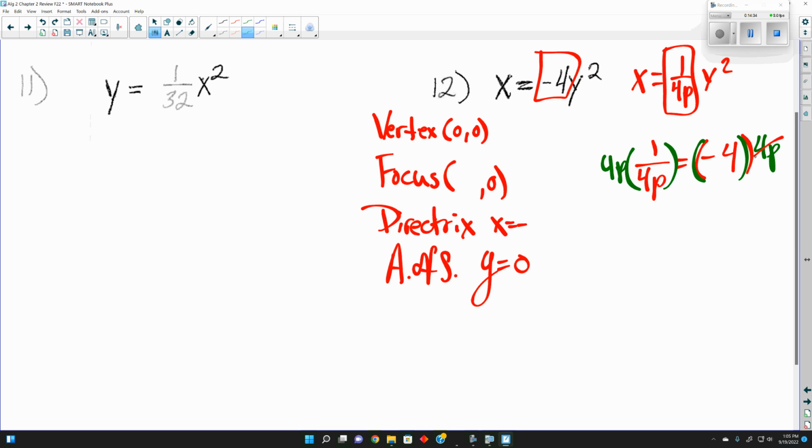These here will, well, that won't. A little too used to having 4p on the other side. 1 is equal to negative 16p. Then we would divide both sides by negative 16, telling us p is equal to negative 1/16. It is very tempting to want to say, especially with a lot of the ones we did in